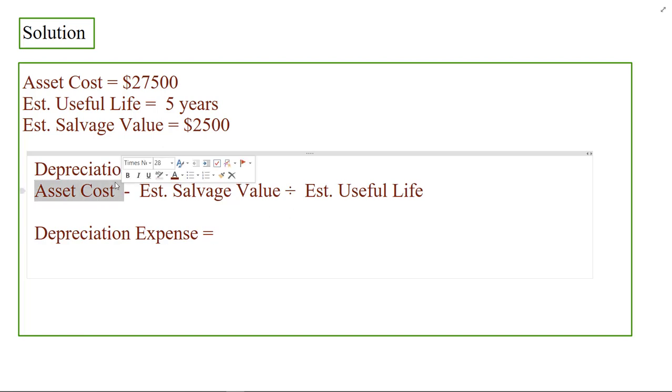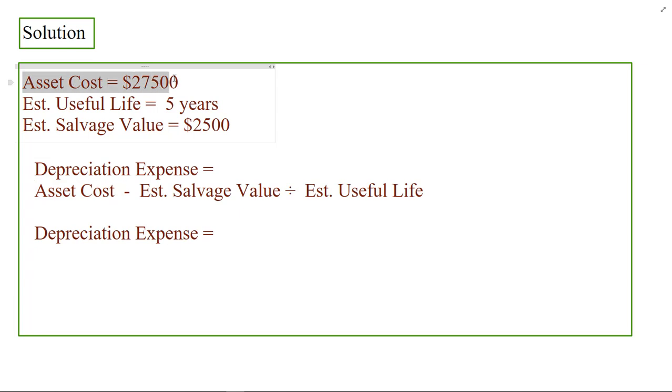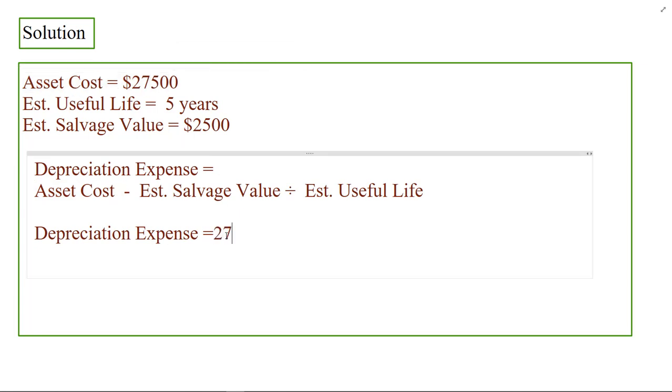How much is the asset cost? Asset cost is given in the question. That's equal to 27,500 USD, which is the cost of the asset. It means the total amount of money paid for acquiring the asset, that is equal to 27,500